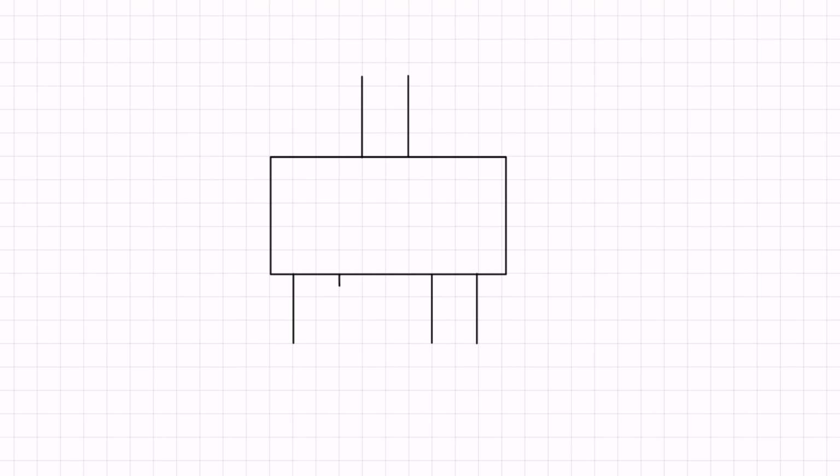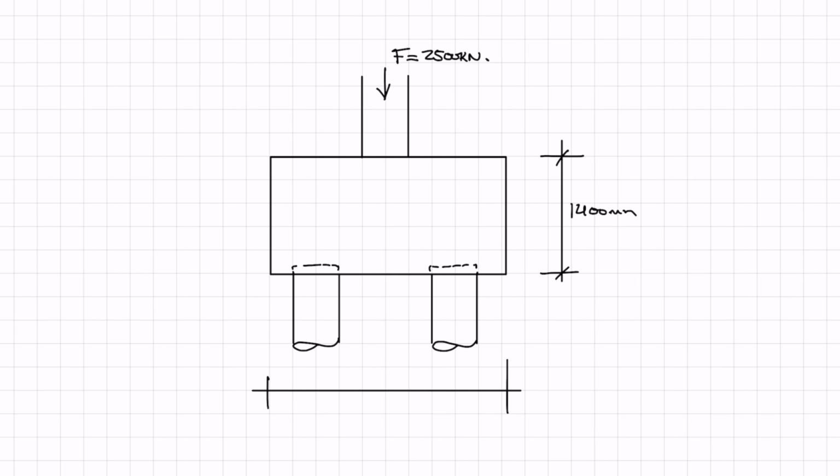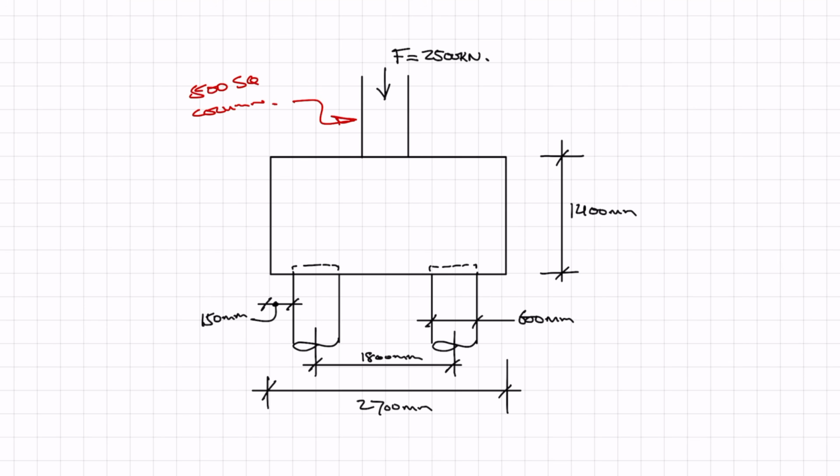We're using two 600mm piles and general pile spacing guidance is 3D, which is 3 times the diameter of the pile, and this is the centre to centre distance. We have a 500 square column placed centrally to the pile cap with an axial load of 2,500 kilonewtons, and this is factored. The pile cap is 1400mm deep, and general pile cap guidance is to leave a minimum of 150mm from the edge of the pile to the edge of the pile cap,